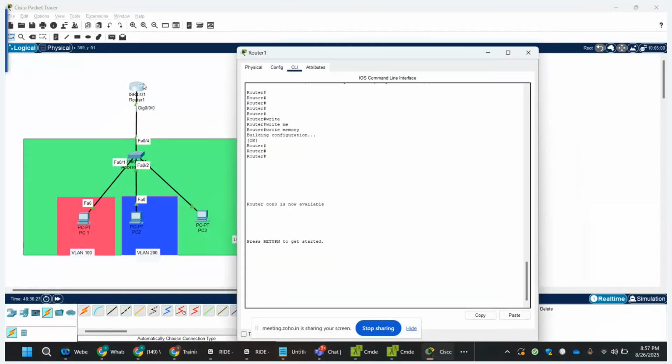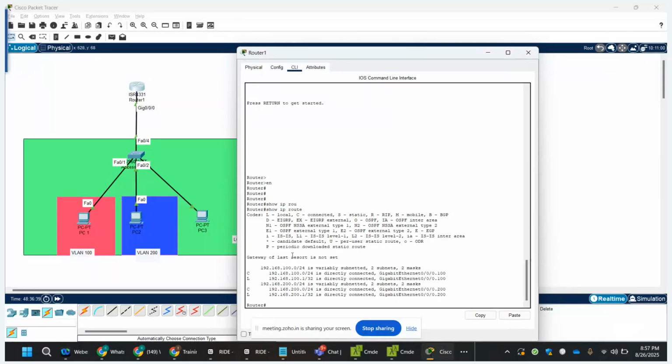And if you go to the router, you ask the router, what is your route? Whenever you receive a packet, what do you do? Show IP route. So it says,